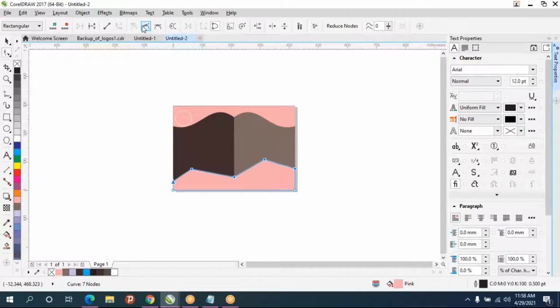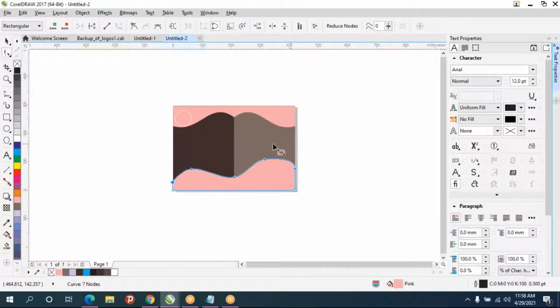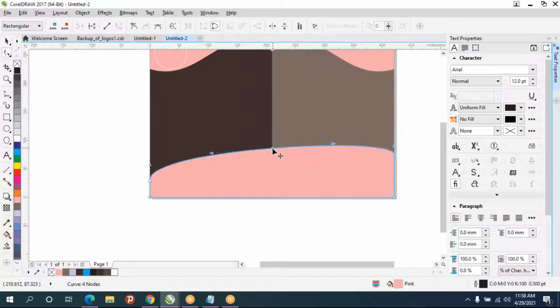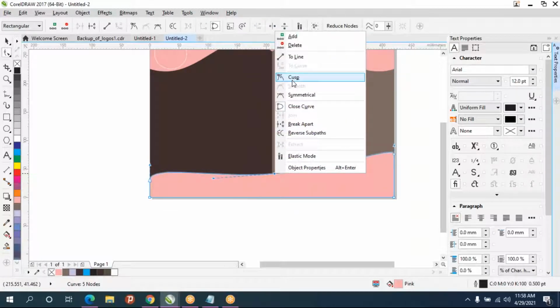So I'll select everything to curve. I'll convert to curve, and we have here smooth node, and that one by right click also we'll get, which is called smooth node. Click on that, so automatically it will convert to smooth. And this one again I'll make it to line. So you can adjust however you want, or you can delete the points by double click on that. And right click on this, you can see cusp node.